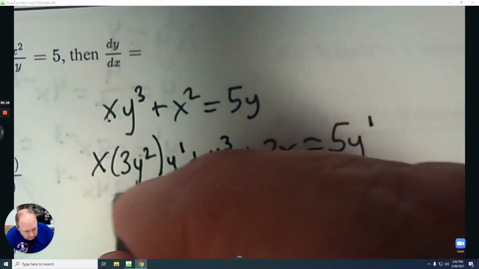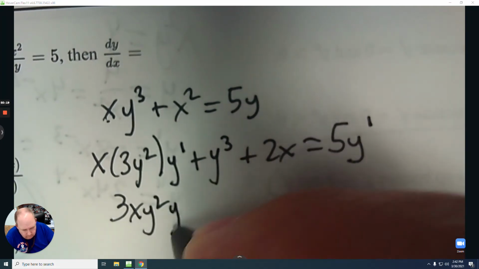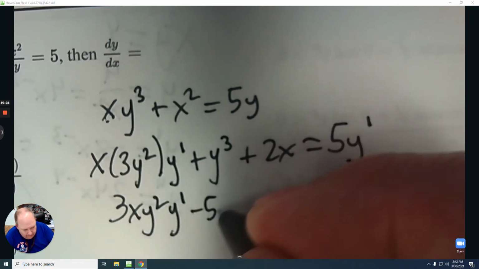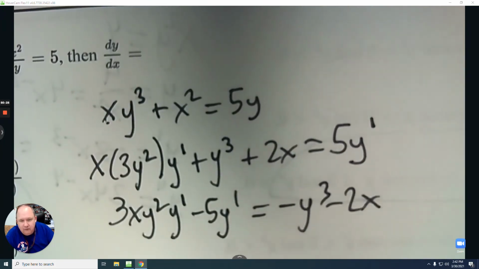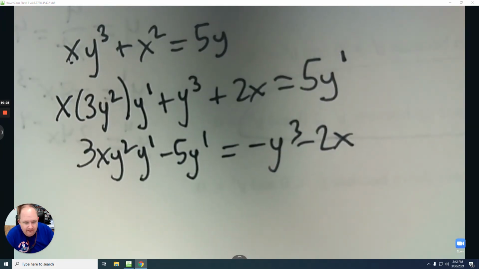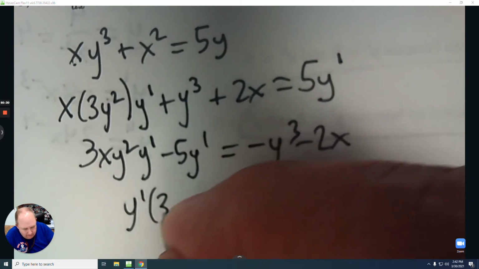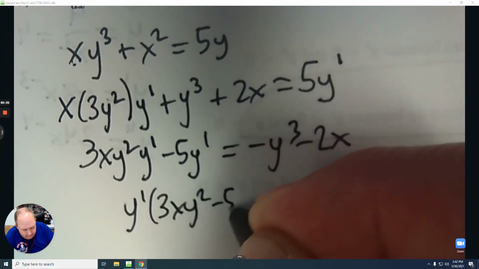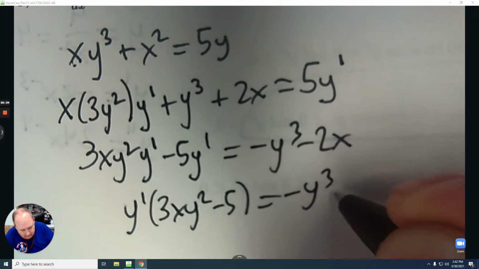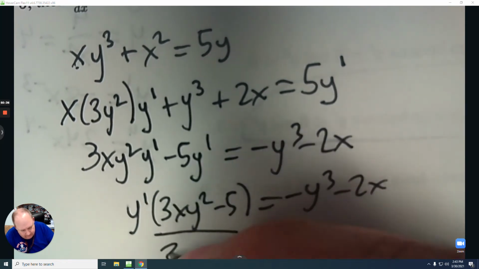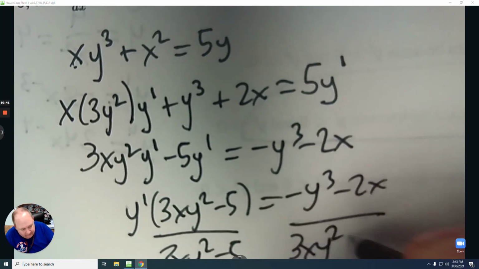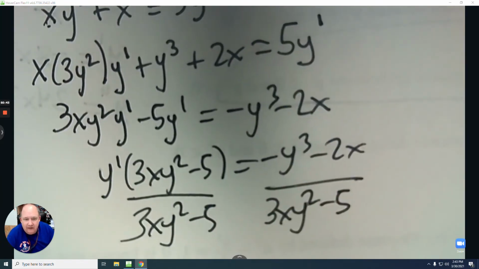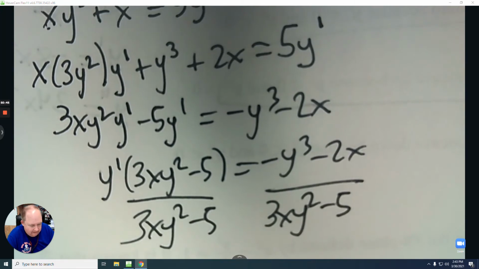Then I'm going to subtract 5y prime, and I'm going to subtract y cubed. I'm going to subtract 2x. I'm just going to rearrange it. And then I'm going to factor out a y prime and do some algebra to get y prime by itself. And then I'm going to look for the answer that matches. And if I didn't find one that exactly matches, I can change the negatives to positives and the positives to negatives. So the correct answer